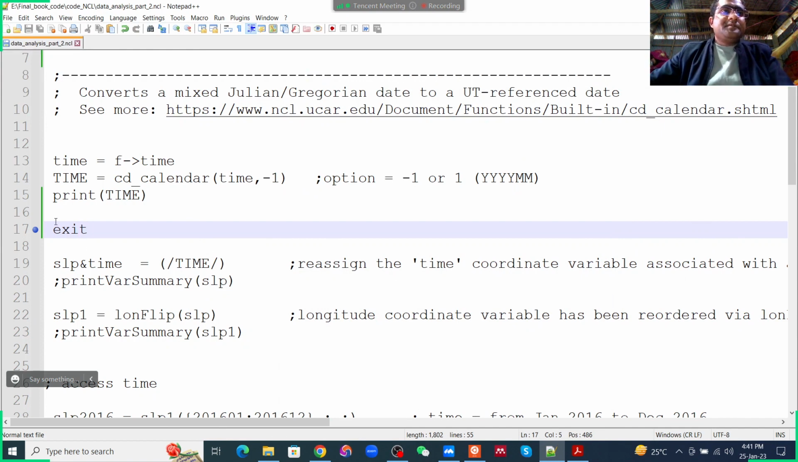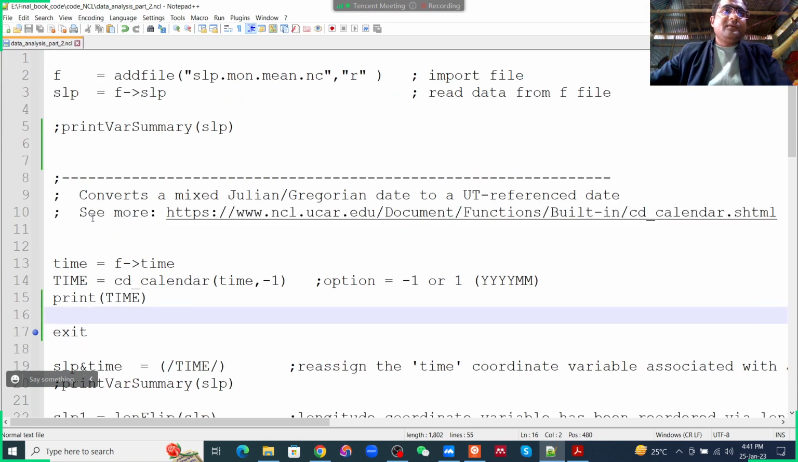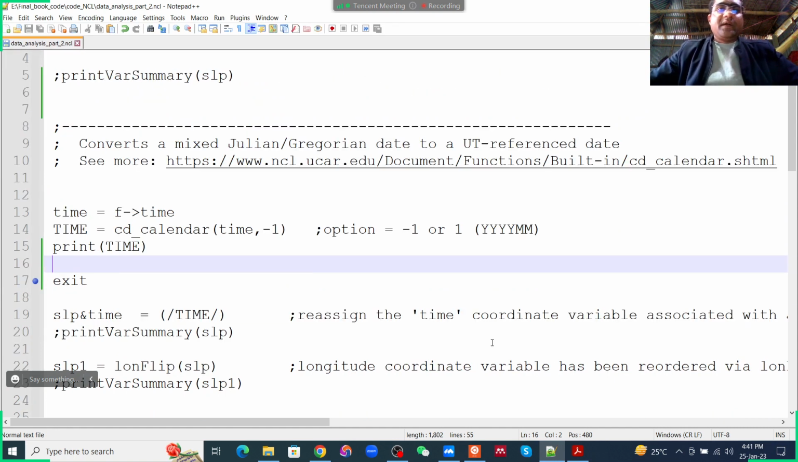So did you do that? Did you remove the semicolon from the print and type exit? Hello, are you following? Yes. All right. So now